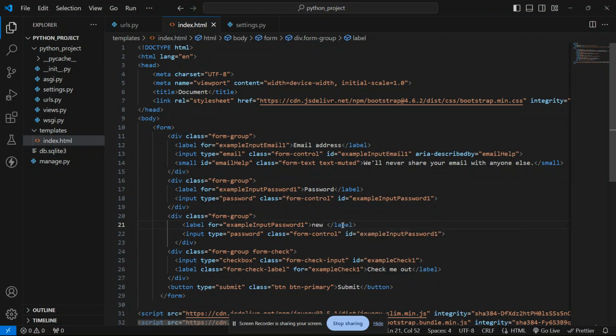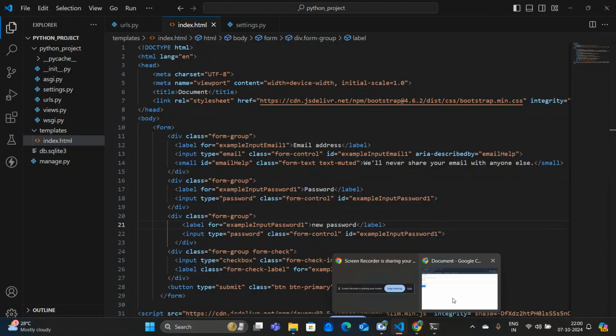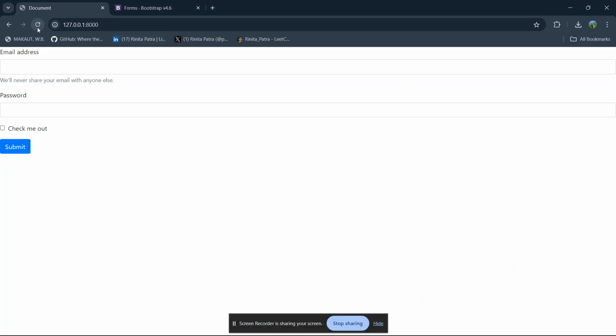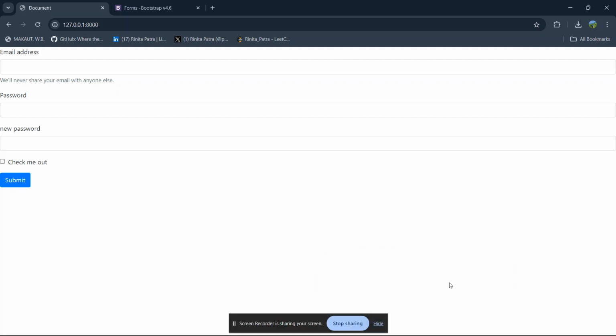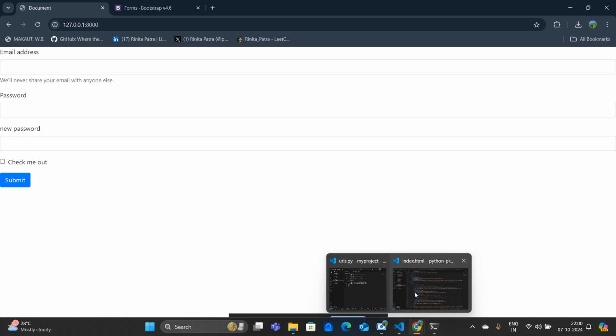If I press save, it will show it on our screen. That's how you can add various fields. And if we use this submit button, you have to write those codes. So that's how you can connect Bootstrap, using Bootstrap in your project.